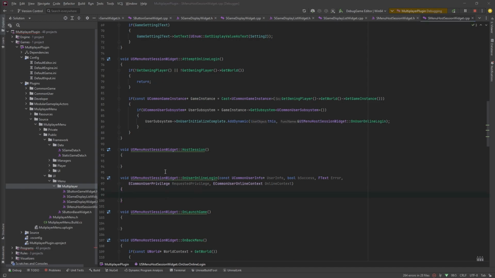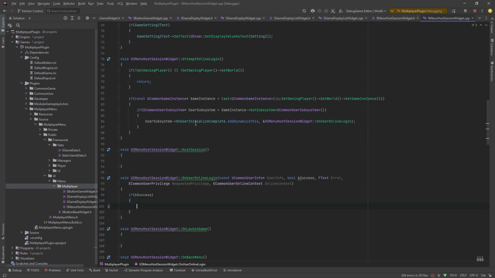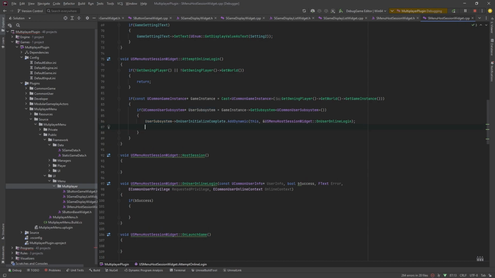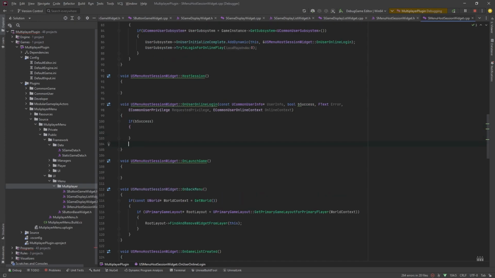Now we want to check that that was a success, so we have logged in. Oh, actually, before we do that, let's go back to where that was. That's binding to the delegate when it's complete, but we actually need to tell it to attempt to log in. How we do that is, again, through the user subsystem, we say try login for online player, and then